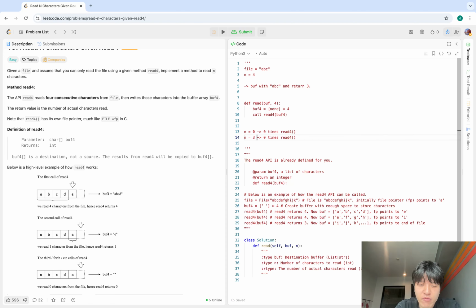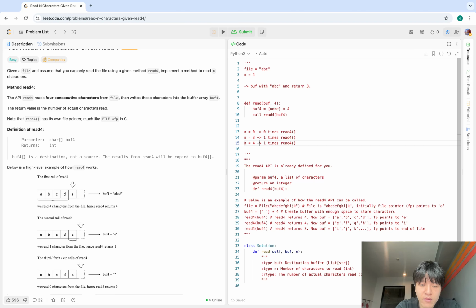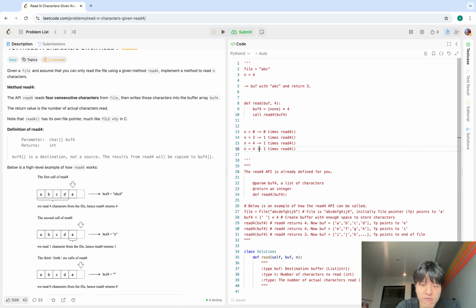If n is 3, I have to do 1 time. If n is 4, I have to do 1 time. If n is 5, I have to do 2 times, and so on. But I would say this is up to n divided by 4 times, because